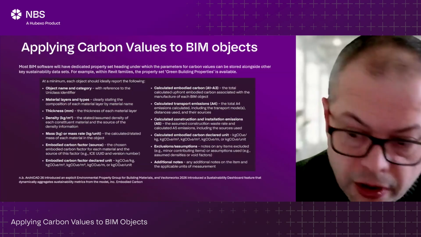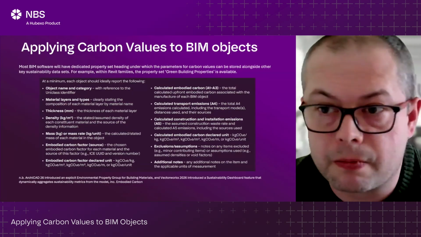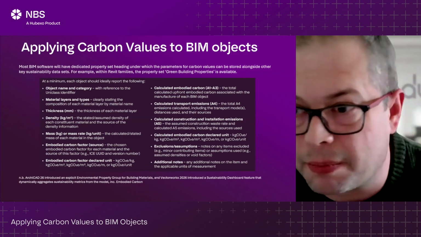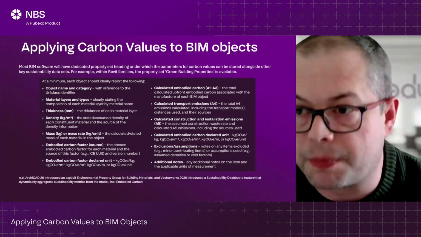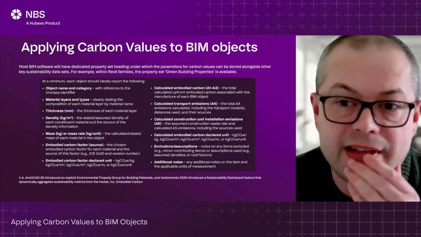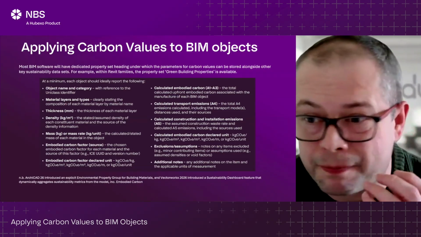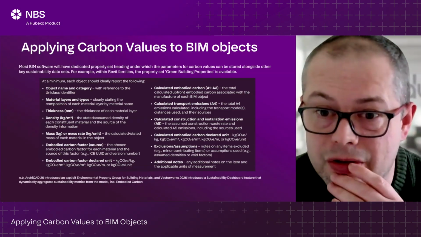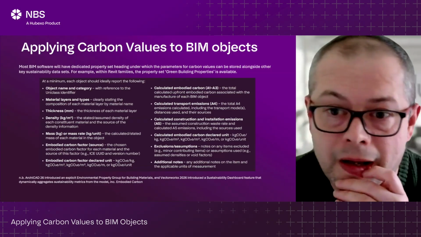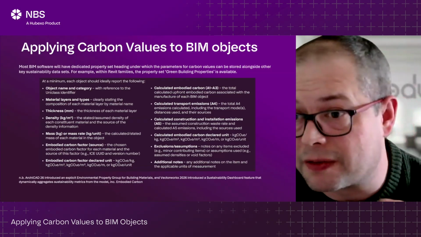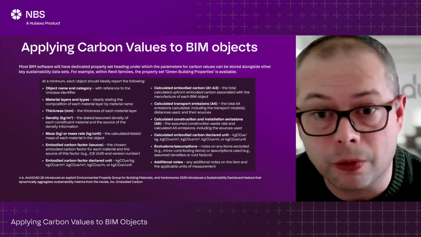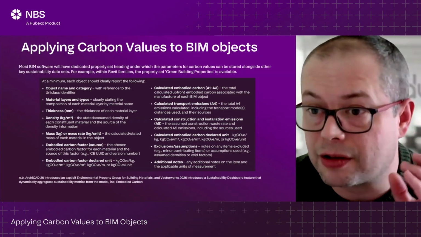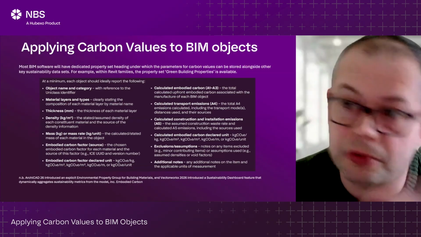So once we've done all those calculations, how do we apply them to BIM objects? Well, pretty much most of the BIM software that you'd be familiar with using will have dedicated property sets. Revit itself, which is by far probably the most adopted software now in the industry, in the UK in particular anyway, has had green building properties available within its BIM objects for as long as I can remember. Applying data sets to that is a great way to then be able to use these in schedules and outputs